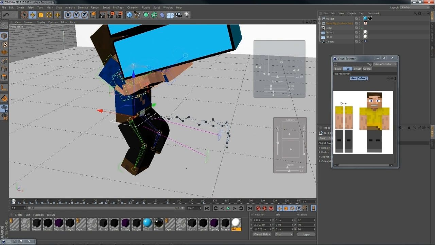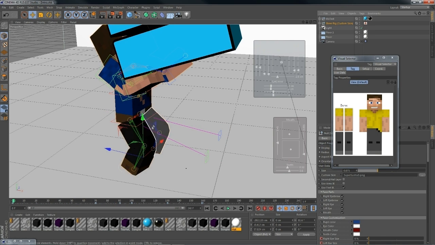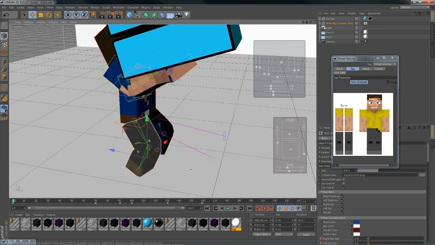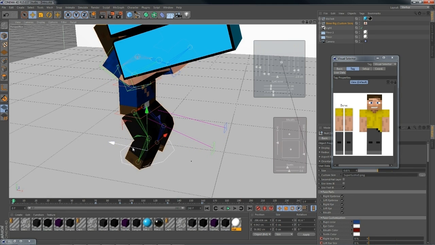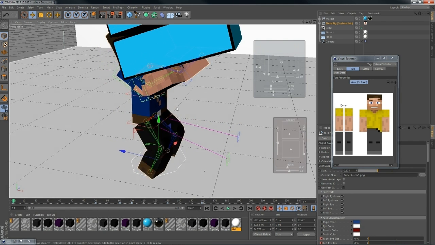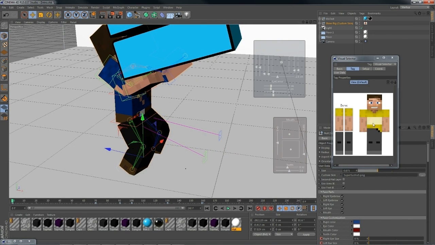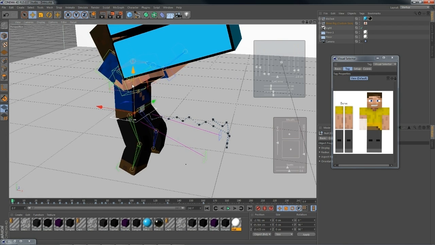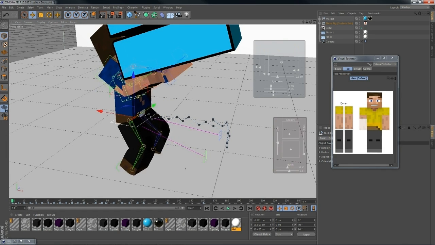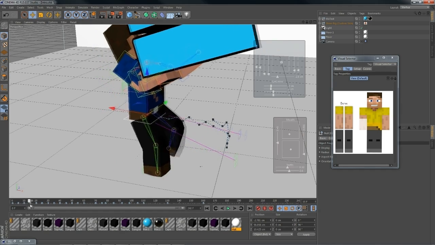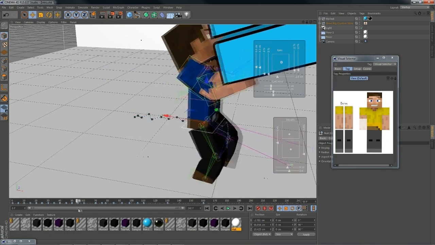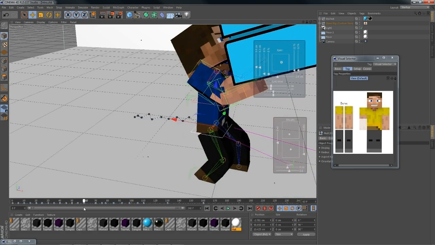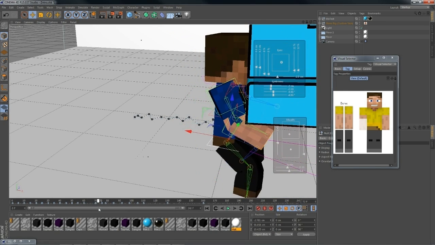So what I use here, instead of grabbing an actual part and moving the entire rig, instead of every 8 frames moving him up and down using his entire body, which I never liked doing, I'm actually going to use his waist, which is a lot easier because in this rig, it actually drags his legs, as you can see here, so it makes it look a lot more natural. So it goes up and down, and this just bounces up and down, up and down, right? And then once he gets to this bit, his waist continues to go down, and then